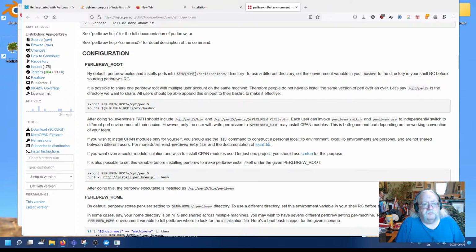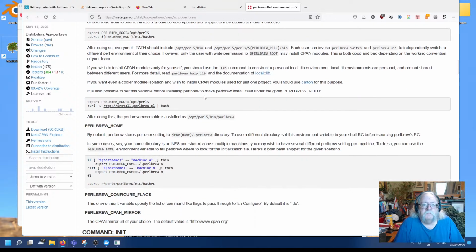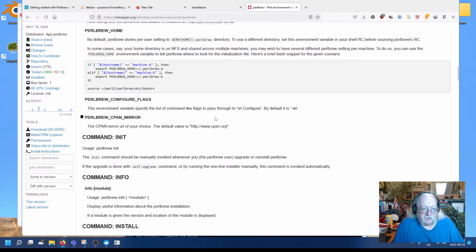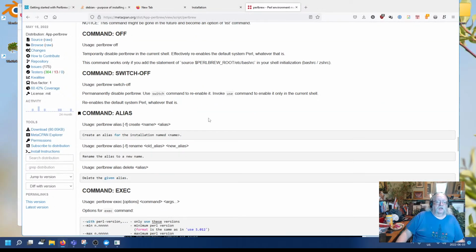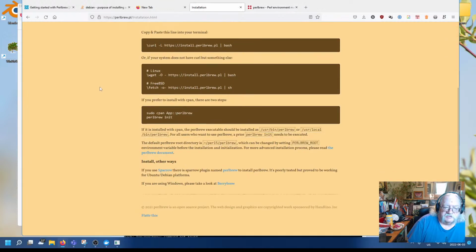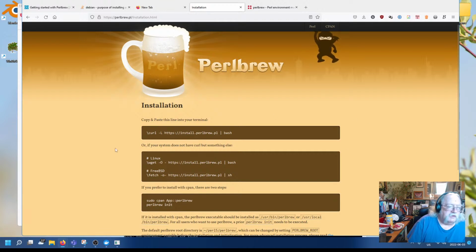By default, Perlbrew builds and installs into the home Perlbrew directory. To use a different directory, set this environmental variable. Okay. It's possible to share one Perlbrew root with multiple user accounts. Fine. No, I'm calling it. It's probably, in theory, possible to use Perlbrew. But with so many of the statements just being flat out not working,